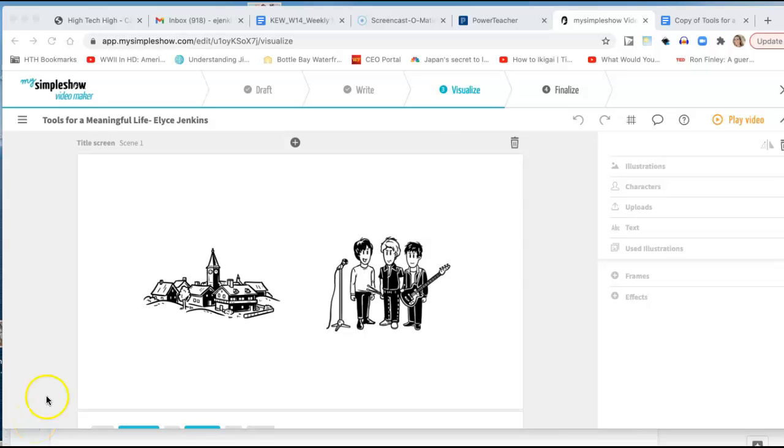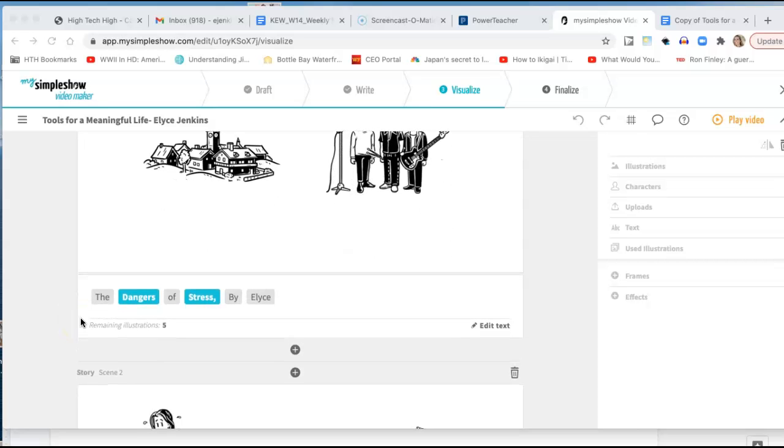Okay, so now we are in the visualize stage, and this is kind of where it gets a bit hairy. So pay close attention, and of course, feel free to pause or rewatch sections of this video as many times as you need so that you feel comfortable as you are choosing the images and designing the visuals of your presentation. So first things first, it's important to recognize that if you scroll down, you're going to find